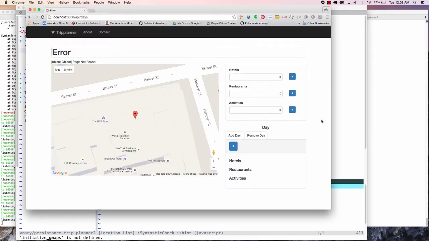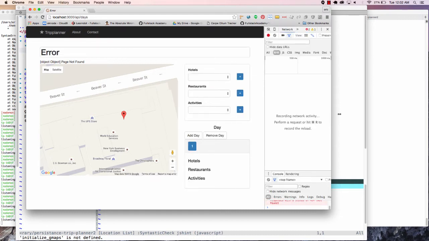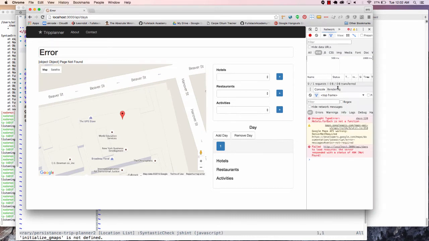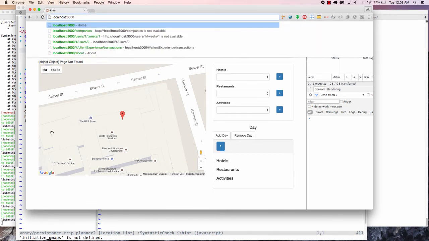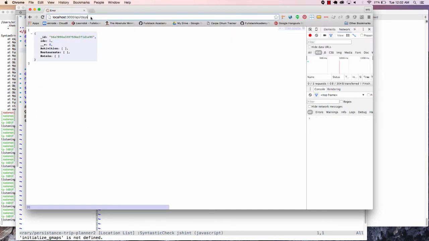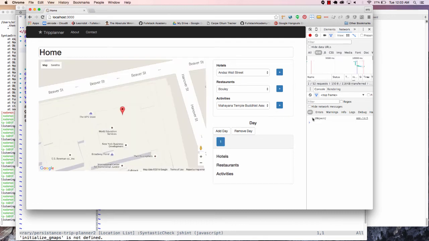Go back to our web page. Let's open up our tools over here. And let's load this up. Let's clear this out. And so let's reload this guy up. That's not what I want. That's my API for my days. But you could actually see I have a day that's there. And in fact, if I went back to my home page, I should see that I do have one day